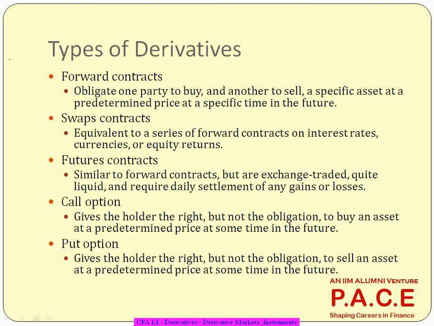The same transaction, buying and selling at a future date, price decided today, the same transaction that happens on an exchange. But the only difference here is you don't need to look out for your seller. If you are a buyer, exchange will be your seller. If you are a seller, exchange will be your buyer. So there is no need for searching for a counterparty here.